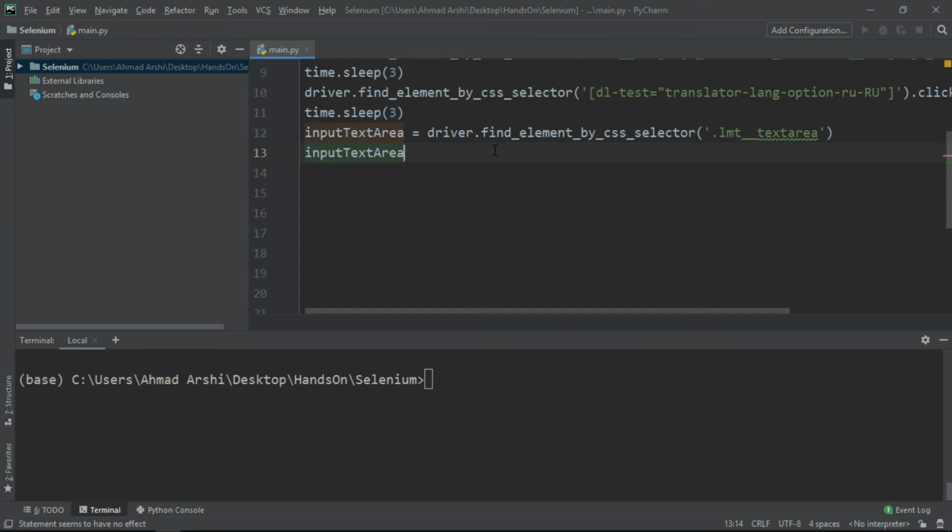Then what I want, as we did while sending username and password, we just go for the input text area. We just go for the text area tag and then go dot send underscore keys and provide the text. So here if we go for send underscore keys and let's just provide hello, how are you? And now if we give it a go,